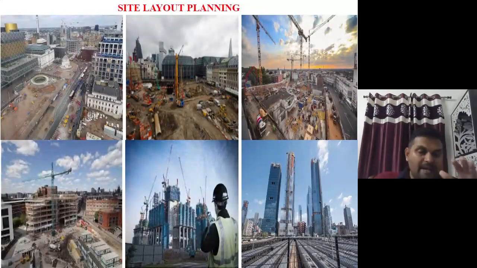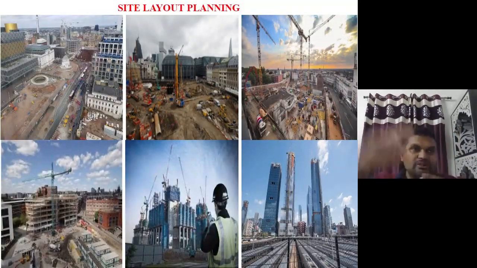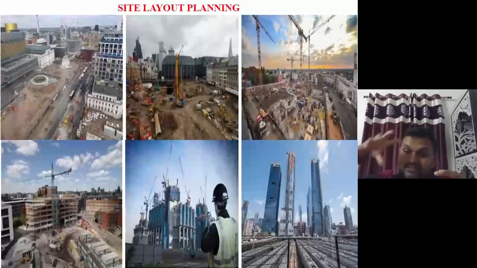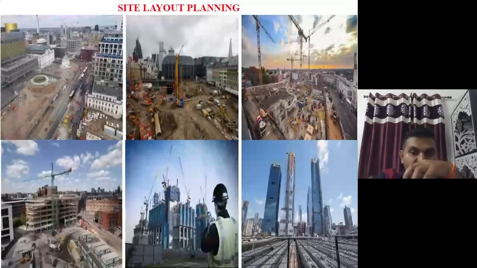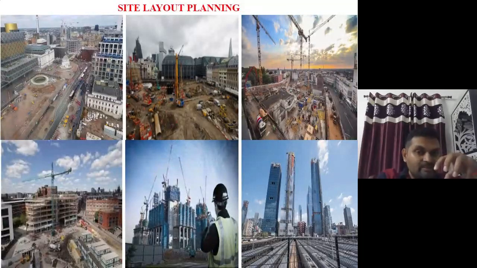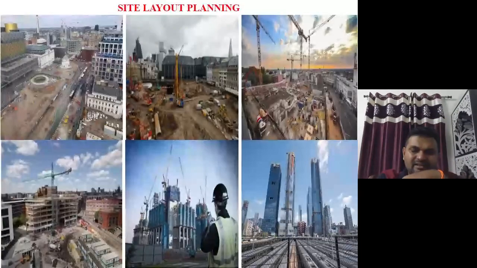Site layout planning means, when it is completely barren land, you may have a working drawing for reference, but that is on drawing paper. You need to put these things on your site. So for that, you need to decide where exactly my project is going to come. Where will be the entrance gate? Where will be the security person? Where will the material stacking be? Where will the store be? Batching plant, quality lab, containers, labor colony,